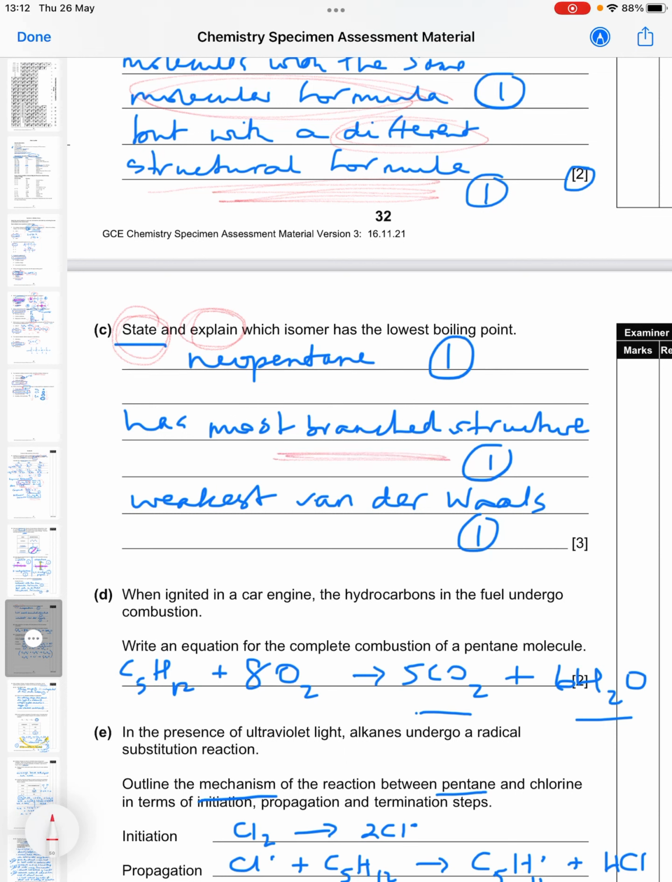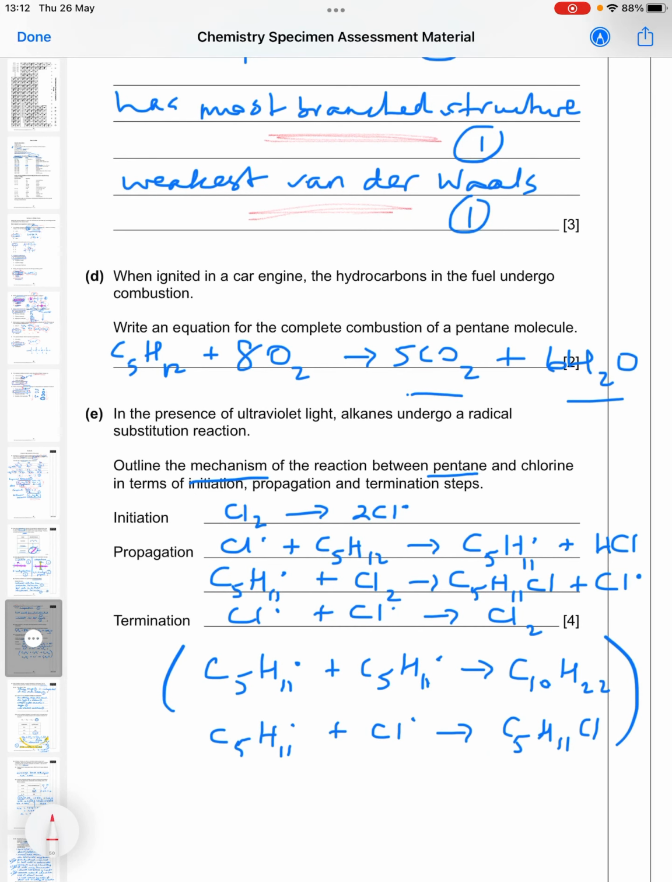So you're saying it has the most branched structure, and if it has the most branched structure, there are fewer points of contact, so it has the weakest van der Waals forces. Then we've got another combustion equation. There's one of those in the multiple choice. Complete combustion of pentane. So you're given the formula for pentane as C5H12,